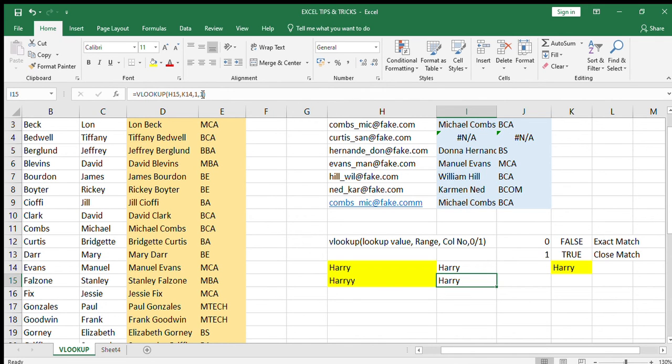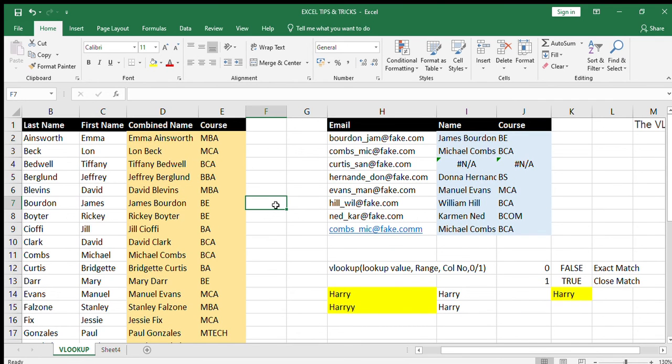But if over here, if I am searching HARRY over here and trying to match with Harry, and if I write 0, it will give me an error. Okay, and if I write 1 over here, it will give a match. Okay, so as simple as that.